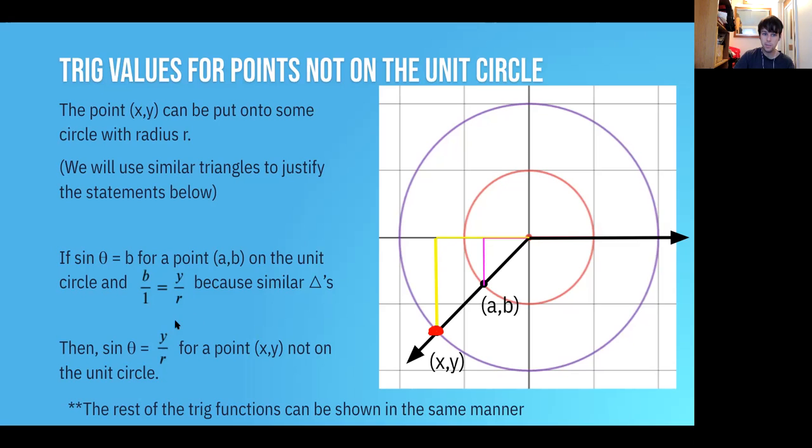So one of the adjustments we make is right here, an example. Sine of an angle is equal to the y coordinate over r. So instead of just the y coordinate over 1, or just the y coordinate, we're doing the y coordinate over r, because our radius is now r, some unknown number that we'll have to figure out instead of just 1. We're going to look at the rest of the trig functions and how those make adjustments. It's not too complicated, but